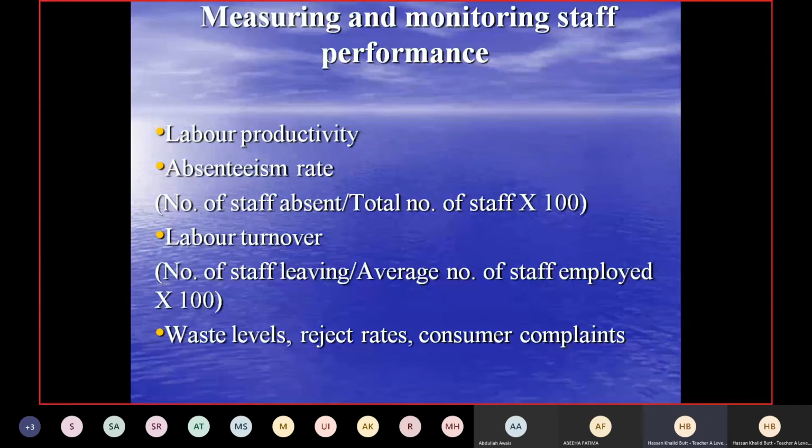Then reject rates. That is after completing a product. Okay, now it is in final shape or it's a finished product. Organization obviously has certain standards. But okay, so if that product does not meet that standard, again the organization just rejects that and says, all right, we can't sell it because it is not up to the mark. Although it is finished, it does not meet the standard set by the organization or the standard which has been given by the customer, right?